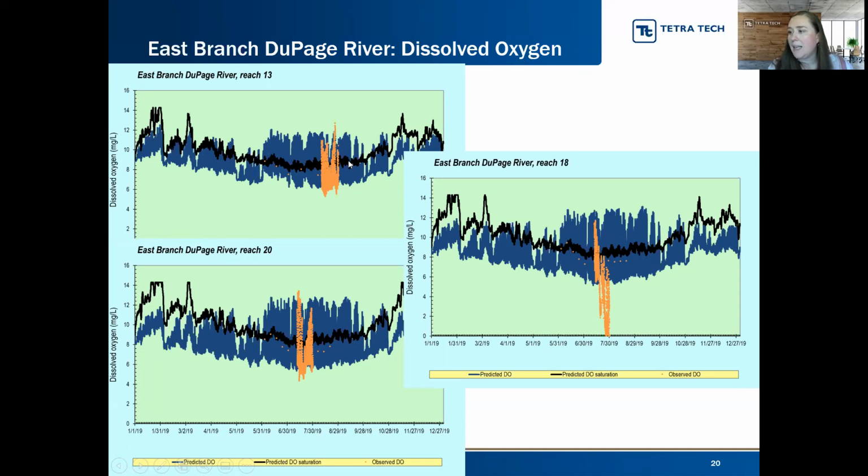And so what we see here for all of these sites is this simulation of supersaturation. We are reasonably capturing the dissolved oxygen range, particularly in that summer period where we have data. And we see that the range is much smaller in our simulation of DO in the colder months